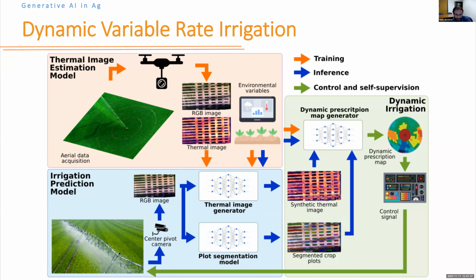Then once we send these control signals back to the field, we can do the irrigation, and while we do that, we can collect data that we can then use to continuously learn, right? And we can use self-supervision strategies or maybe reinforcement learning to keep the system self-updating. Of course, this is an ambitious goal. In the few months we've been working on that, we haven't done all of that. So